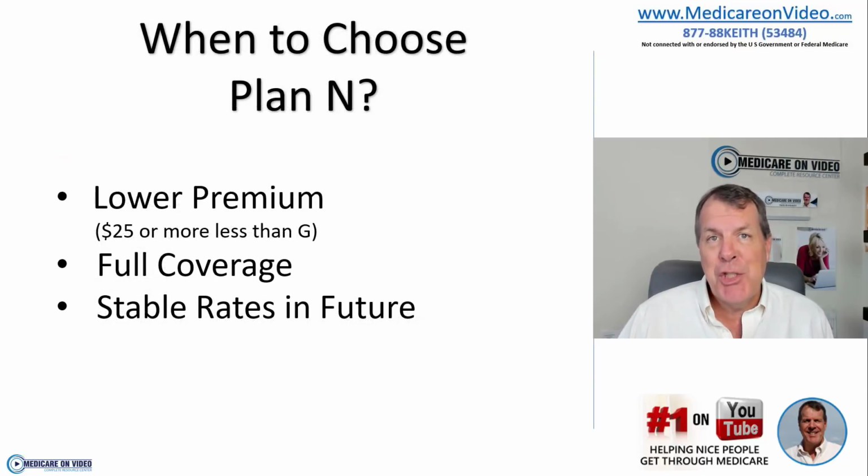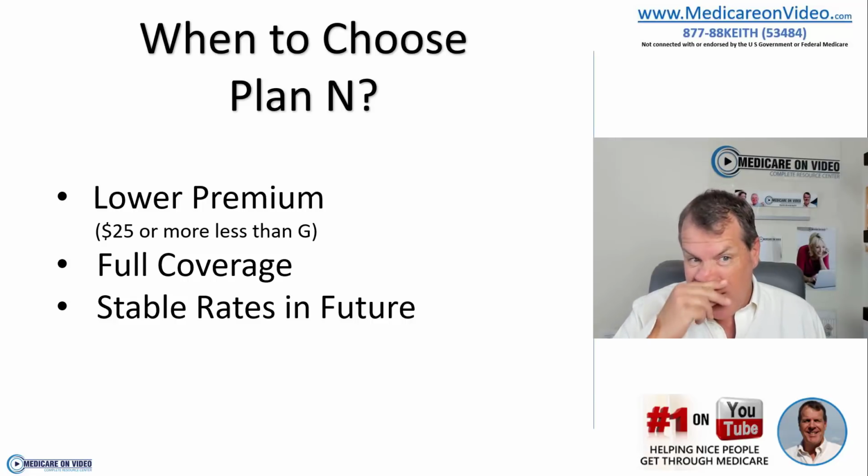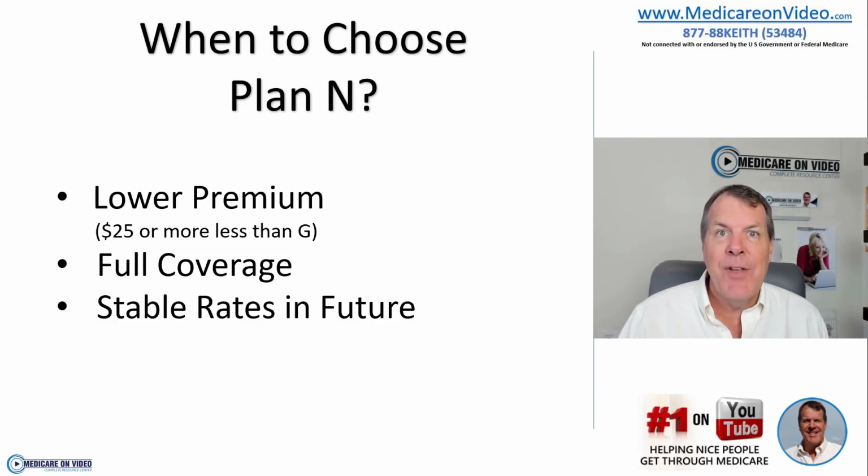So when to choose Plan N? When we want to lower our premium some more. And again, if I were buying, I would buy Plan N if it's $25 or more less than Plan G. So pretty easy to navigate that. If it's $10 less than Plan G, I'm buying G. If it's $15 less than G, I'm buying G. If Plan N is $25 less than G, then I'm buying N. Absolutely. If I can save $300 a year in premium to have those copays and then understand excess charges, it makes